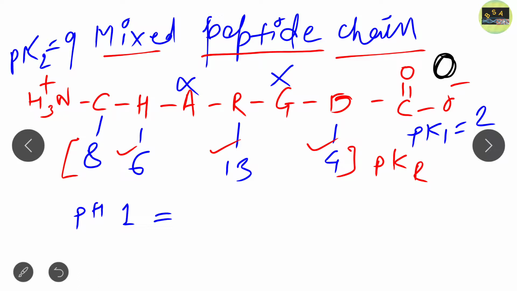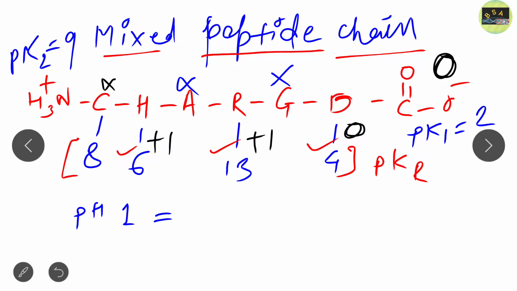Okay, in this case aspartic acid, here also the charge becomes 0 because pH 1 is less than 4. In case of arginine, the charge becomes plus 1 because it is 13, that is more than 1. In case of histidine, the charge becomes again plus 1, because it is more than 1. While in case of cysteine, there will be no charge. Why will there be no charge in case of cysteine? Because if you look at the structure of cysteine, there is no charge, so here also there is no charge.